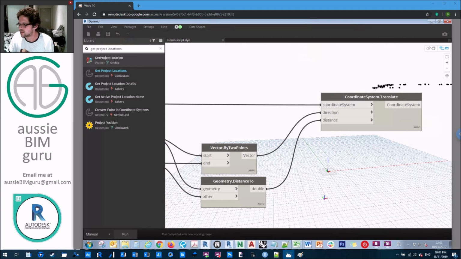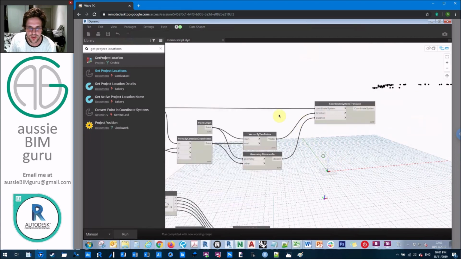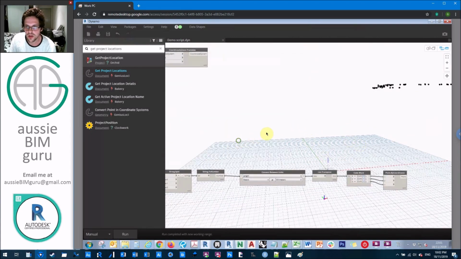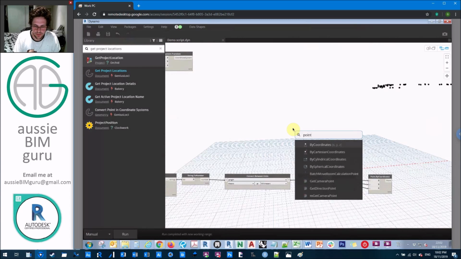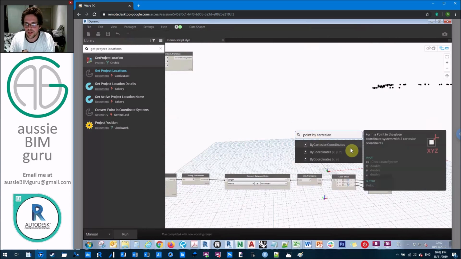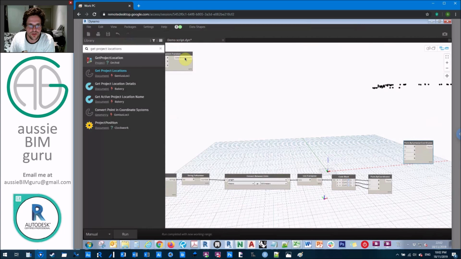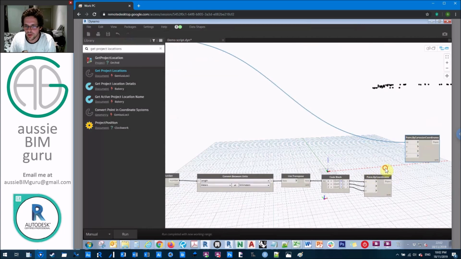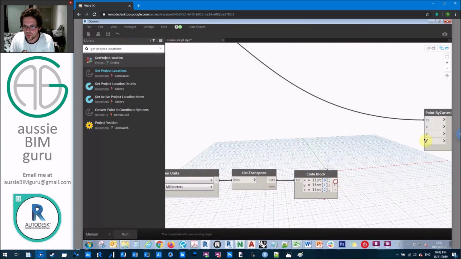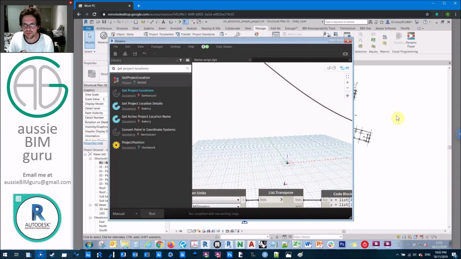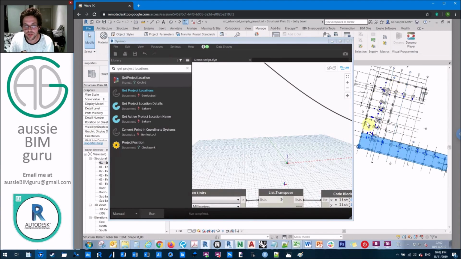So what we can do now is actually establish points by Cartesian coordinates instead of by X, Y, Z like we did before. So I'm just going to create Point by Cartesian Coordinates instead of Point by X, Y, Z. Using this coordinate system and deleting this Point by Coordinates, we'll create points at X, Y, Z in this coordinate system. So now we should get them in the right position. We can really quickly test that by just doing a quick run. And there you go. You can see that we've corrected the difference between Dynamo